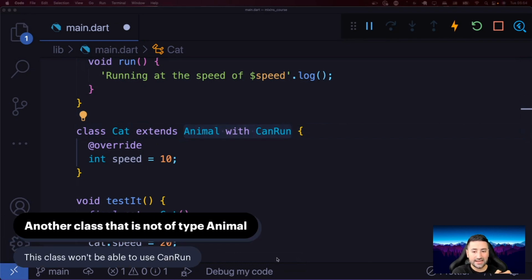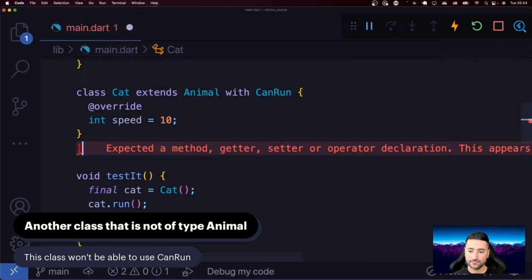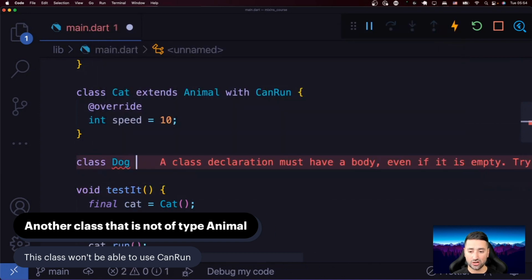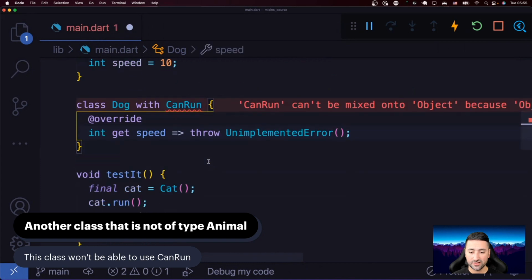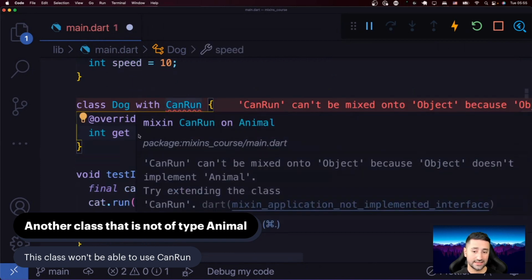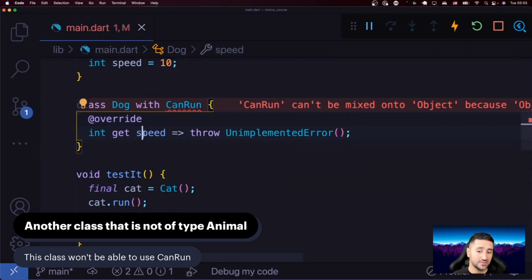So let's go ahead and actually see how this works by adding another class that is not of type Animal. So let's go ahead and add a class in here. We're going to say class Dog with CanRun. So in here, what we can do is to add a little piece of code that adds the speed, which is a necessary constraint for CanRun. But I just want you to see that even though we're basically satisfying all the constraints for CanRun's internal implementations, that you have to have a speed property, at least a getter,